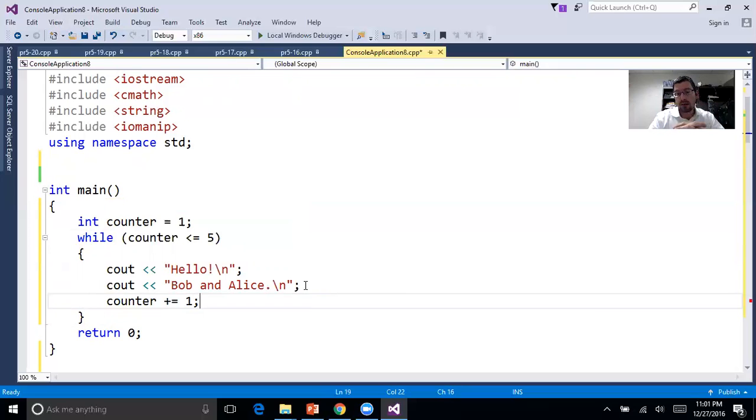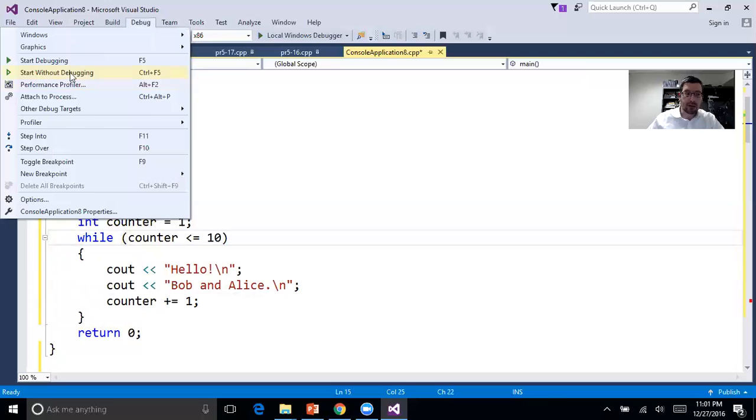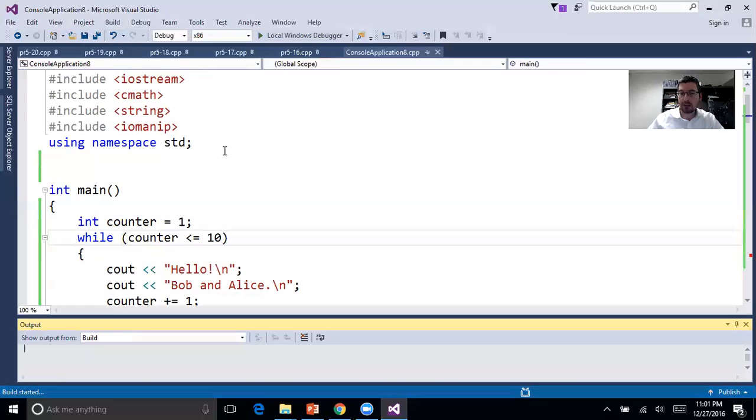At some point, counter is going to hit 5, and then counter is going to be less than or equal to 5, yes, but then it's going to hit 6. It's going to check this condition. It will not be true, so it's going to stop. So let's just make this equal to 10. And I'm going to debug and run this, start without debugging, and see that my program says,